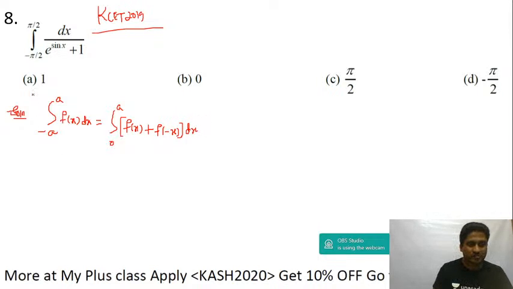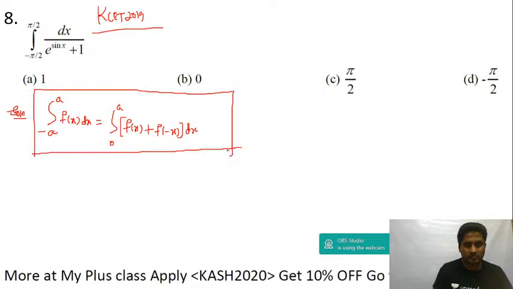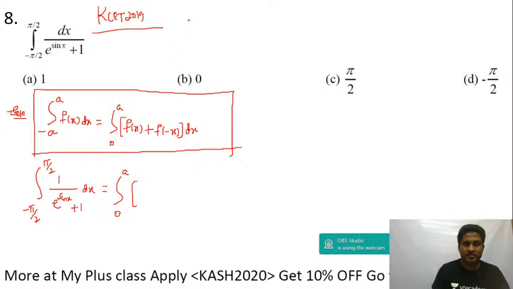Okay, now if I use this very important property, now you have the integration from minus pi by 2 to plus pi by 2 of 1 upon e to the power of sin x plus 1 dx, which will be equal to the integration from 0 to a of f of x. What is f of x now? f of x is equal to 1 upon e to the power of sin x plus 1,